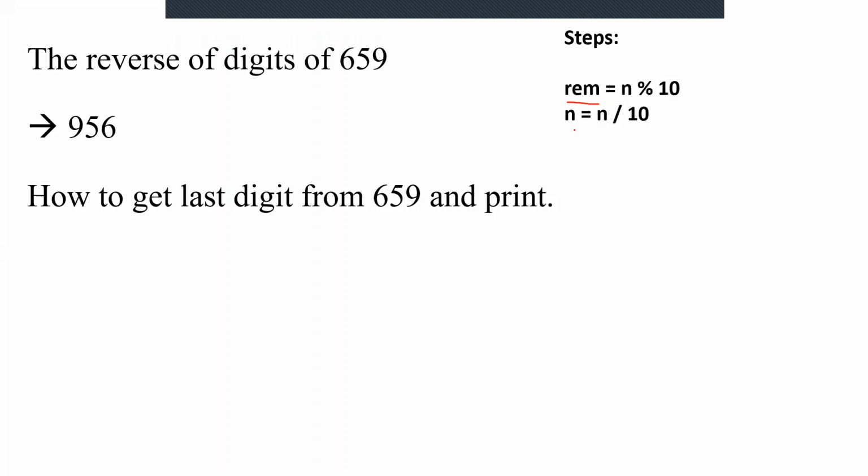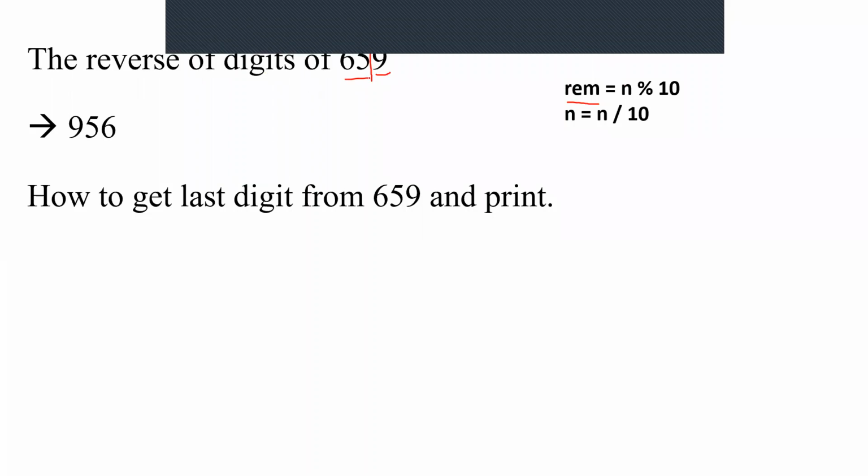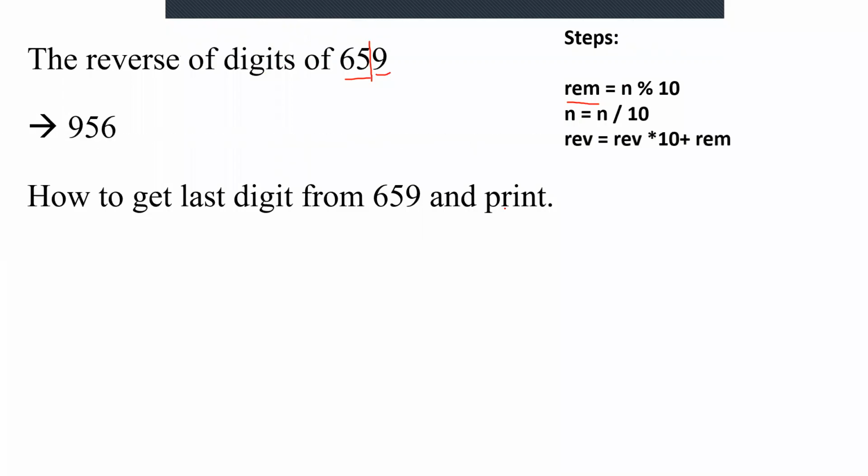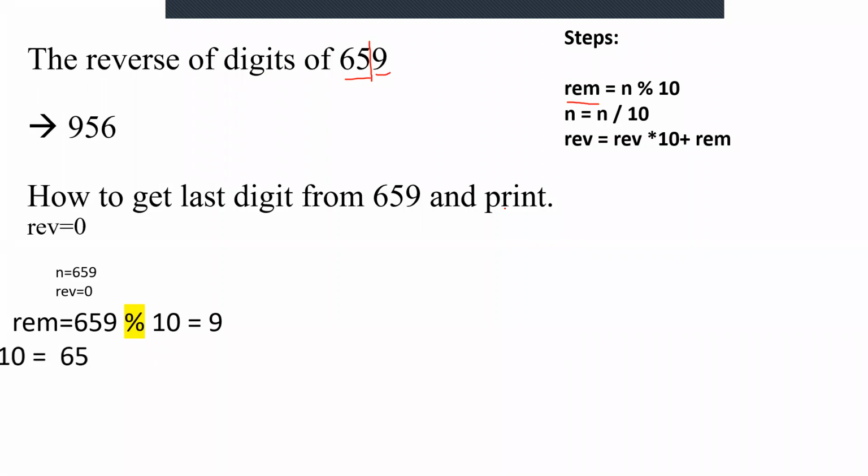And in the next step, to get the other 2 digits which are remaining, we have done this mod value. So you got 9 in the variable called REM and 65 in a variable called n, right? So we will see how it is done. We found the remainder, and REM is having the value 9 and n is having the value 65. So we did a split, or we extracted the last digit.